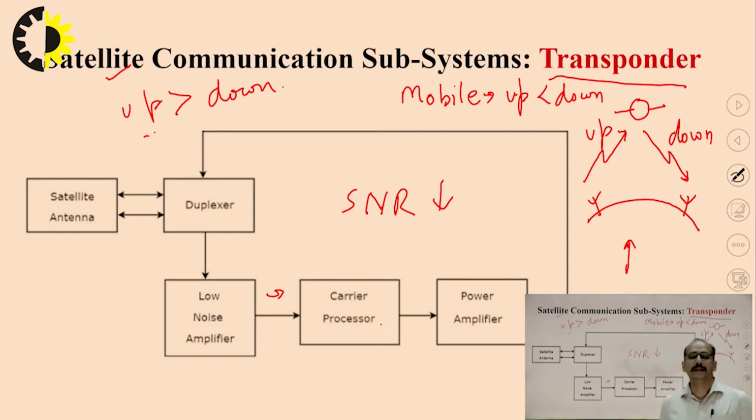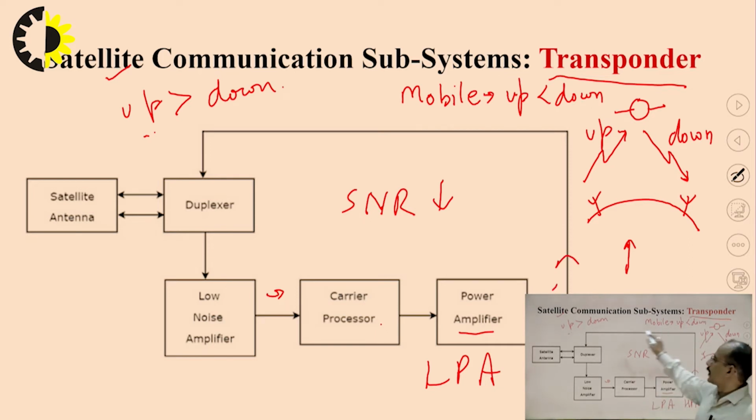If there is any damage to the signal or any other problem, that will be recovered, and then that particular signal is applied to the power amplifier. That power amplifier is a combination of a low power amplifier and a high power amplifier, and as the high power amplifier has low output impedance, that's why that signal is directed towards the duplexer, and again the satellite will send it on the downlink frequency.